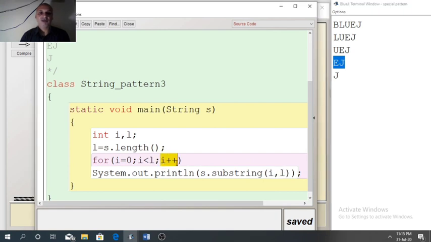When we have I equal to 4 here, 4 is less than 5, again satisfied. So here we will get starting index 4, last index 5. 4 is covered, 5 is not covered. So 4 to 4. At index 4 we have the character J. So 4 to 4 means J only. Sorry, we have got the required pattern here.